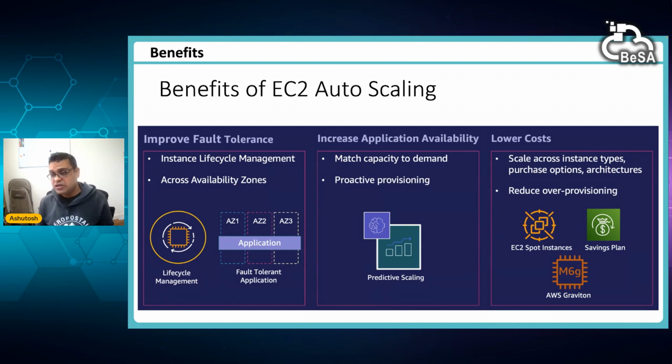It provides increased application availability if there is a problem in any of the availability zones, and you have some sort of capacity already planned, then whatever baseline capacity you have will always be available. And obviously it is lower cost. Now, why is it lower cost? Because you increase capacity only when you need it. It's not always there. So when you don't need it, it will terminate those extra infrastructure, and it will save you money. So it is cost effective as well.